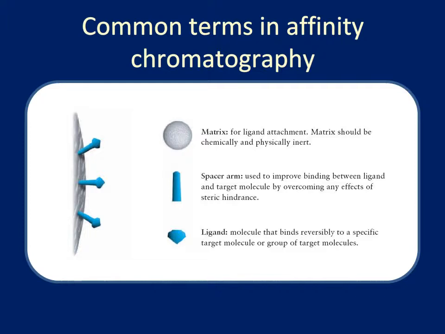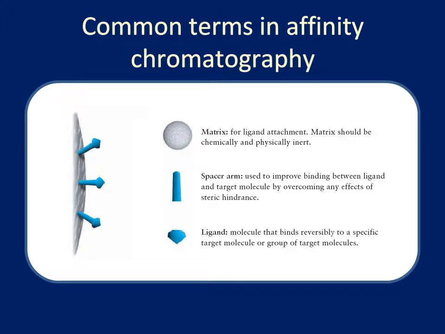In the next two slides, I'd like to outline some common terms used in affinity chromatography. First is the matrix, which I've mentioned before. This is what the resin is made of and what the ligand is chemically attached to. The ligand usually is not directly attached to the matrix. There's typically a spacer arm, which is a chemical moiety that brings the molecule that is covalently attached slightly away